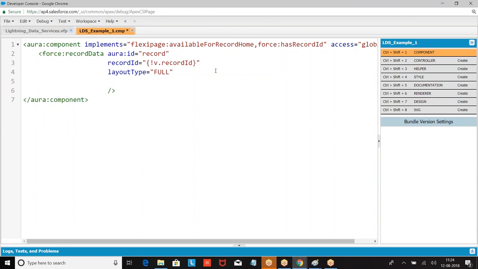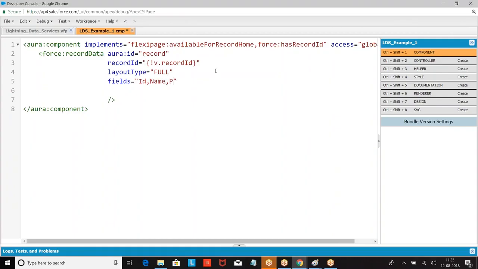But it is not suggested to go through the page layouts, because from time to time we keep changing things in the page layout. Multiple page layouts may be available for a single object. So it is not advisable to go for a layout type. Rather, it is better to go for fields. With a layout type, every field in the layout will be referred, but I am not sure which fields are there, because the layouts are changed from time to time. That is the reason it is better to mention the names of the fields.